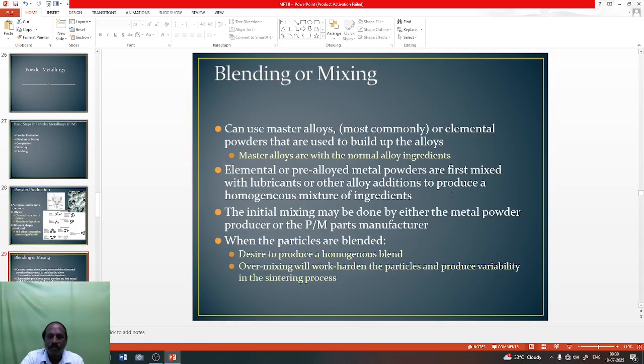The initial mixing may be done by the metal powder producer or the PM parts manufacturer. When the parts are blended,